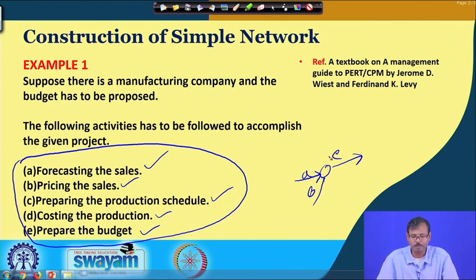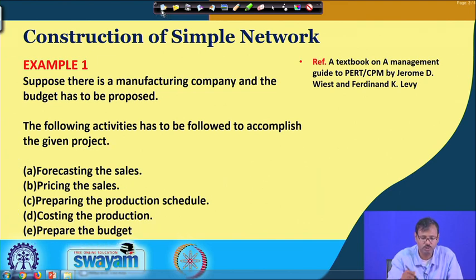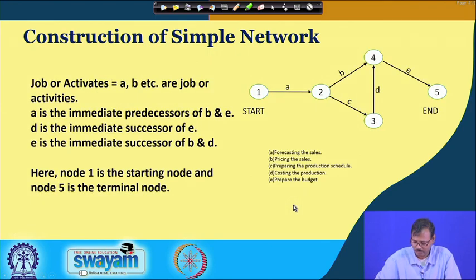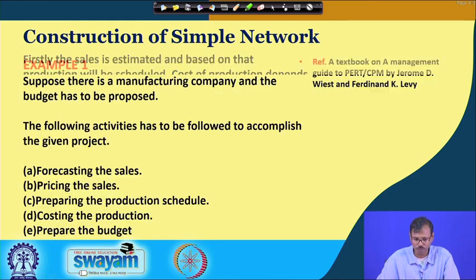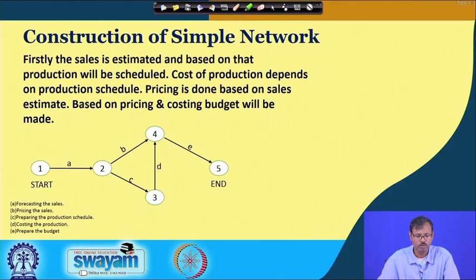So, basically the person who has a very good technical idea, or who has vivid knowledge about the things, about the complete process, he can only make this fixing of which one job will be the predecessors and which one will be the successors. So, basically this is the essential requirement, where one can fix which one will be the predecessors and which one will be the successors.